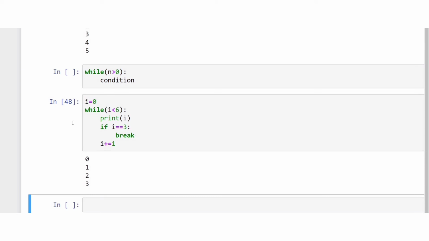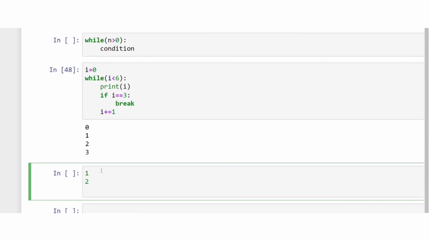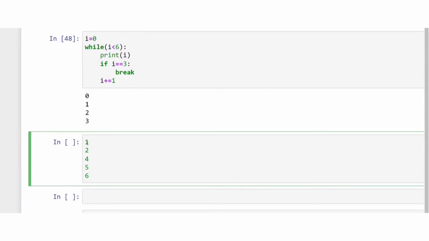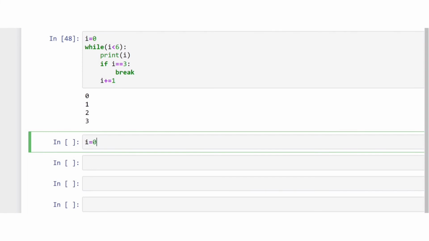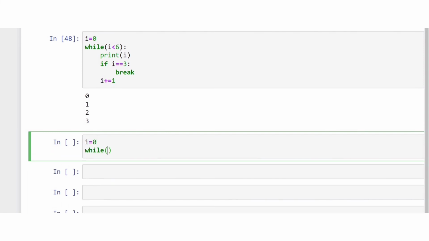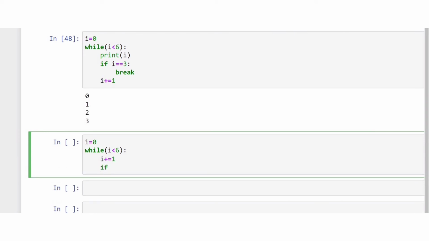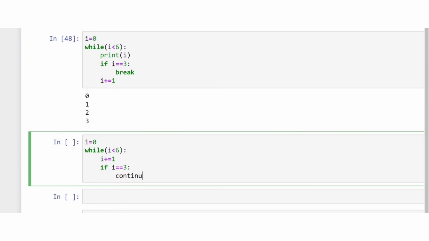Now, how can we use the continue statement in the while loop? For example, we want to print 1, 2, and when there is 3, just skip that part, that is continue, then print 4, 5 and 6. How can we do that? Like how can we print 1, 2, 4, 5, 6? So first we will initialize the variable, then we will write the condition while i less than 6, then we will write i plus equal to 1, and we will write the condition if i equal to 3, then continue,